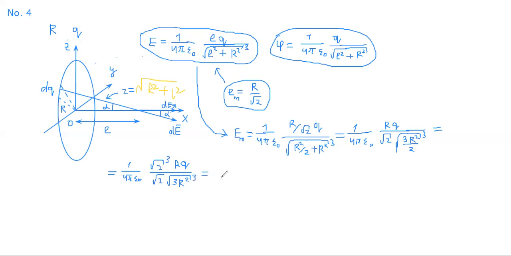And this is equal to 1 divided by 4π epsilon 0, 4π epsilon 0, square root of 2 to the power of 2, RQ